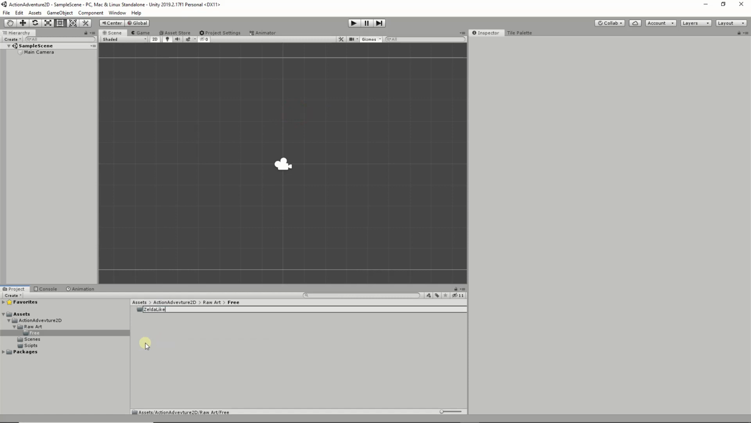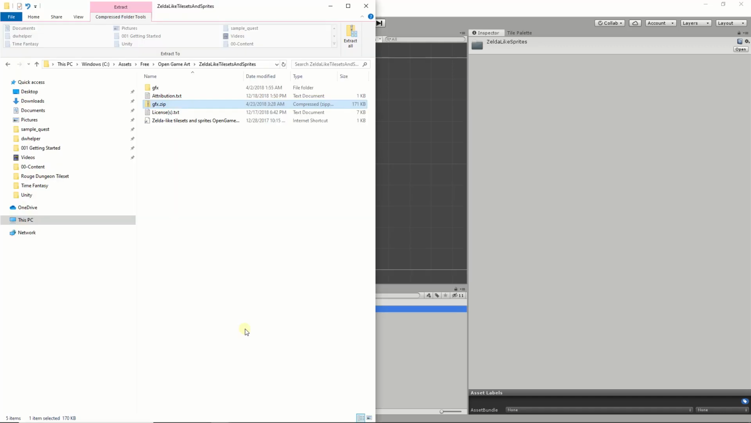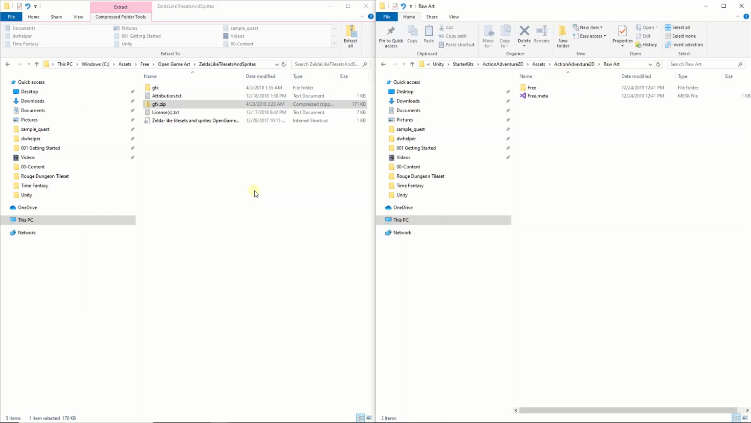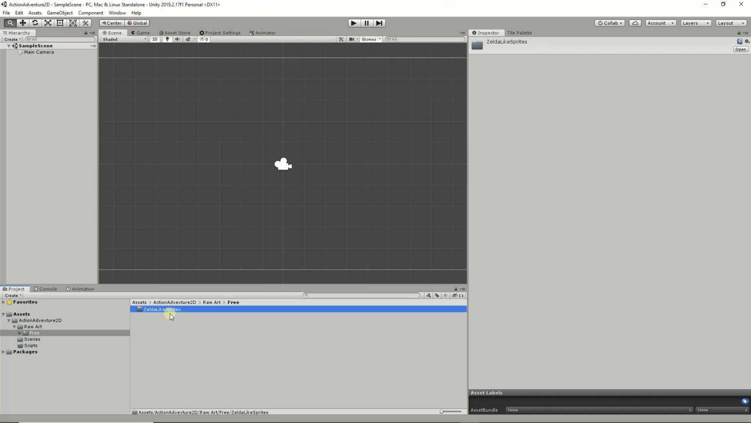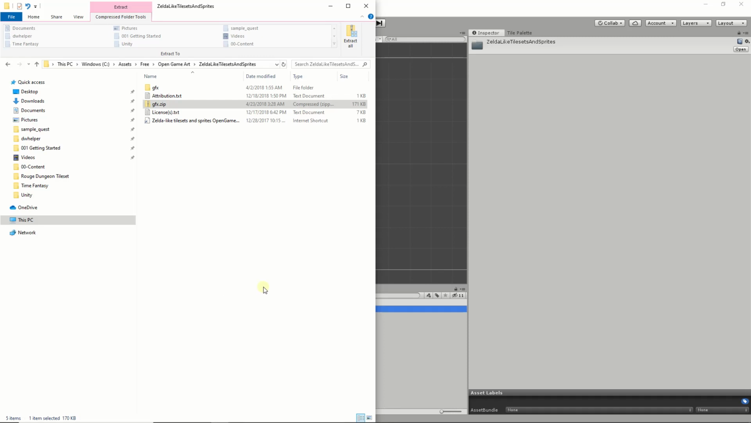Like Sprites. I think that's what it was called. Zelda Like tile sets and sprites. So we'll call this Zelda Like tile sets and sprites. Alright, so now that we have that created,